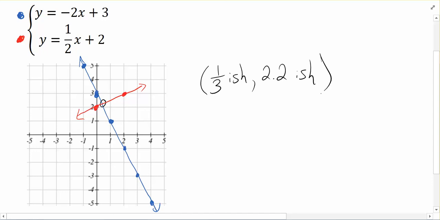So as we progress through the rest of the lesson, we're going to see how would we solve this system then? What would be some other more algebraic ways of doing it, where when we know that the answer needs to be a fraction, when we can find that actual fraction?